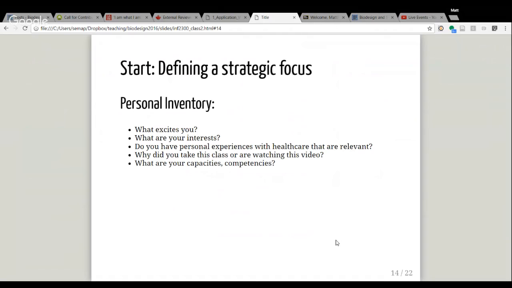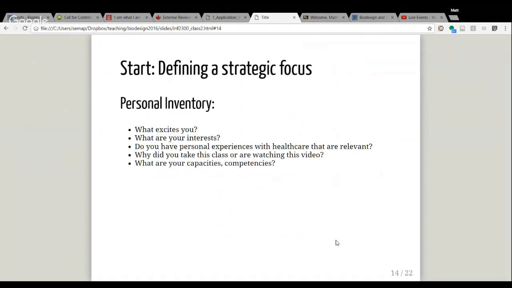Today, we're really going to start with defining a strategic focus. And I want to talk very pragmatically about how you can go about doing this. I want to break that up into two different pieces. On one hand, I think the start to developing a strategic focus is taking a personal inventory, each individual